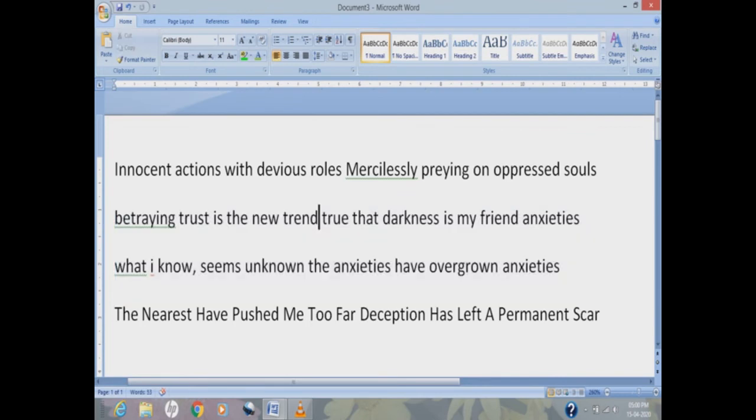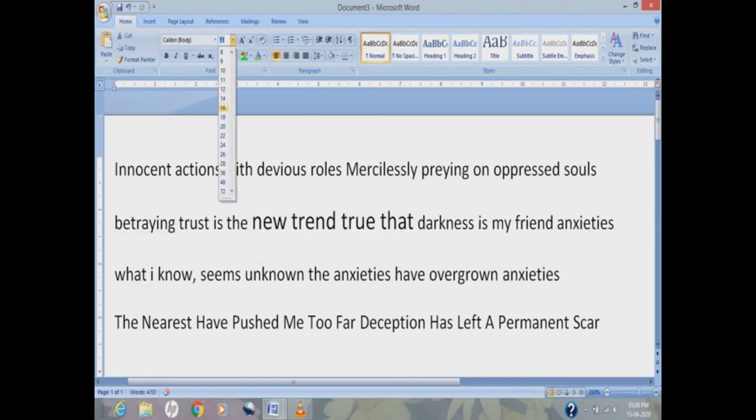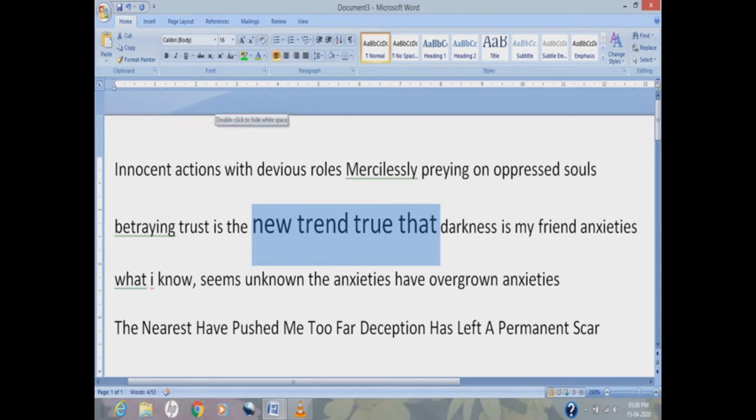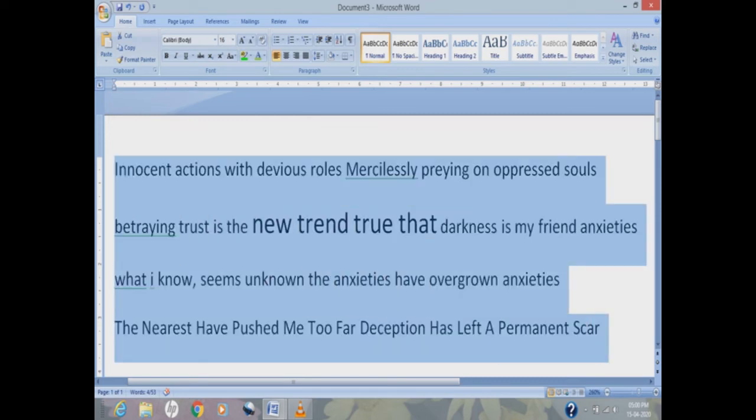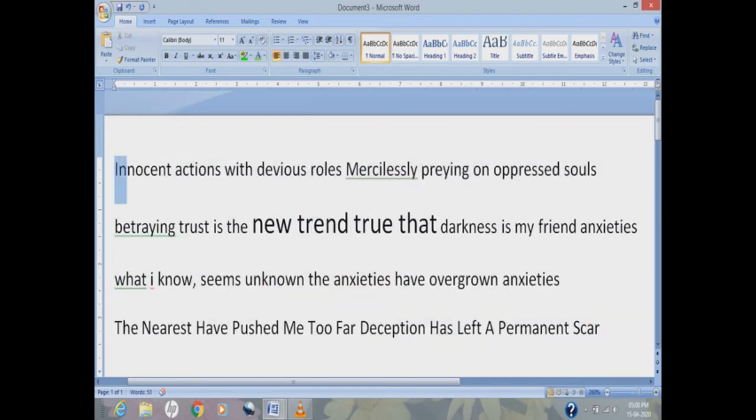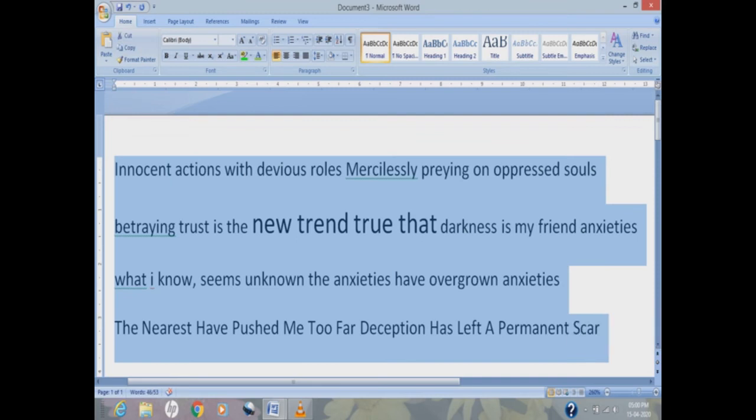For that we need to change something. Just suppose I change it to capital, increase size. Why am I doing this? Because I want to show you how grow font actually works. So you can see there is a text in the second line which is a little bit bold.